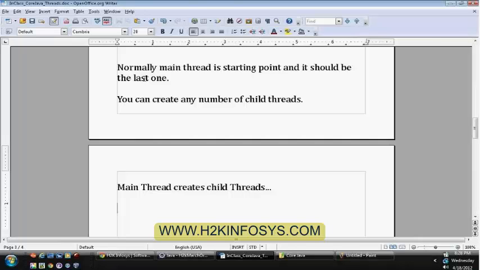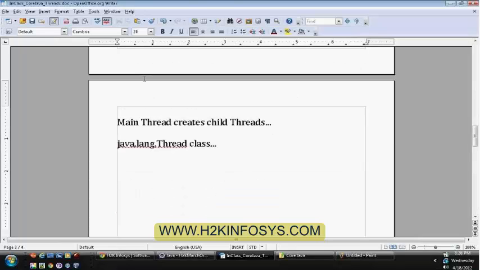To create any child threads, you need to use a class called java.lang.Thread. Thread is the class name and java.lang is the package, which is the default package.